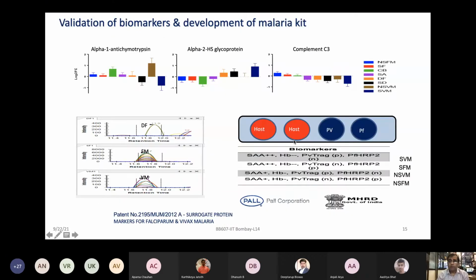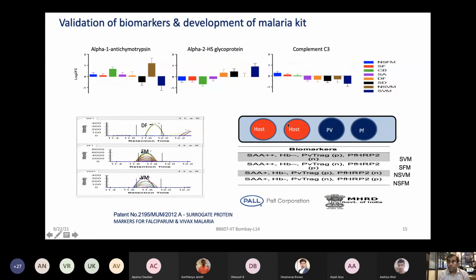So where we are on this project, in addition to enhancing knowledge for a new understanding of the disease, how the disease progresses in vivax malaria from the non-severe to severe form, and the different types of severe complications of falciparum malaria, we have also tried to come up with a kit, based on these protein signatures, which can be utilized to look at two things. One is how to distinguish vivax from falciparum malaria, and second, whether it can also indicate if a disease is going to progress from the mild to the severe form.